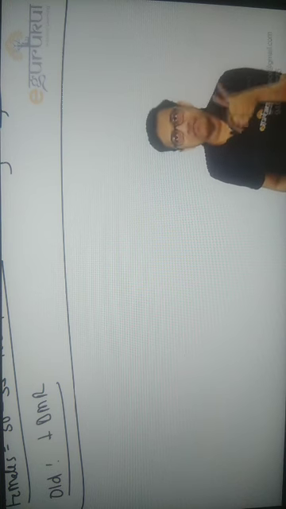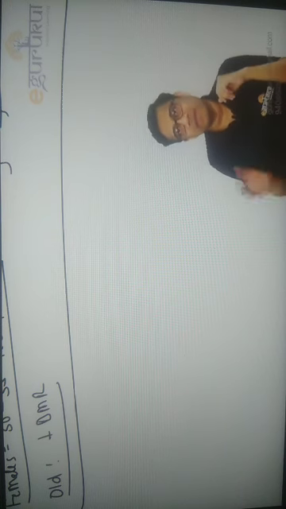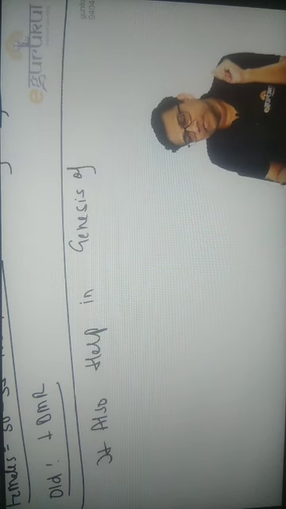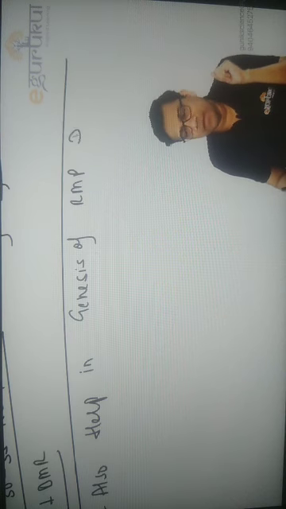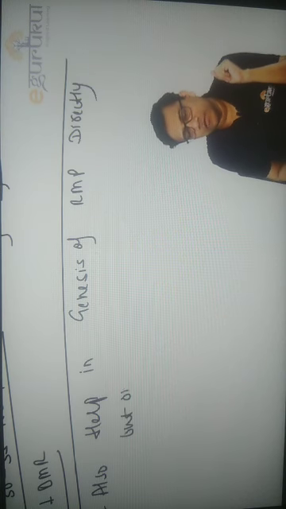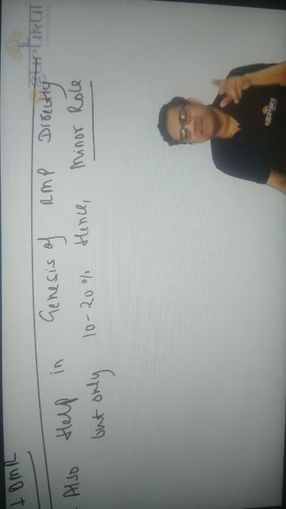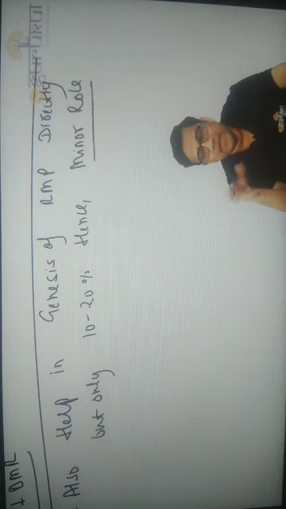Now, does this pump also play a role in the RMP? Yes. How? It creates a high sodium gradient, and that allows sodium to come in and cause the AP. So if you block the pump, the AP will stop. In the same way, if you block this pump, the RMP will also stop. So it helps in RMP via ionic concentration, and it also helps in the genesis of RMP directly, but only 10 to 20%. Hence it has a minor role, so we classify it in the minor role category.